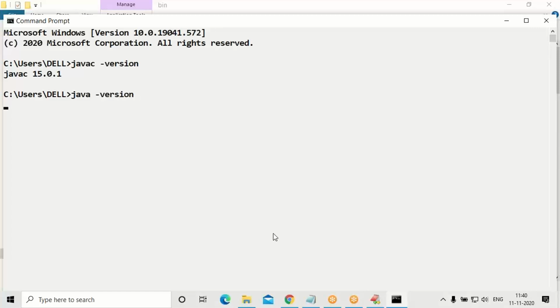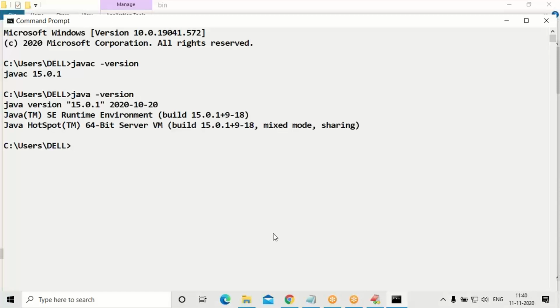Java space version. You can see, the java command and javac command, we are able to trigger. The JDK total setup is done. Downloading, installation. Here installation is nothing but extracting. We got a zip archive, we extracted it, then finally we updated the path environment variable and we checked in